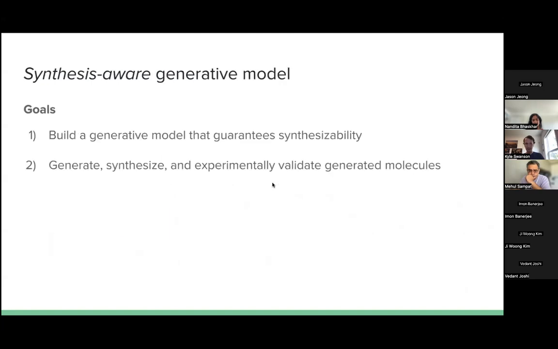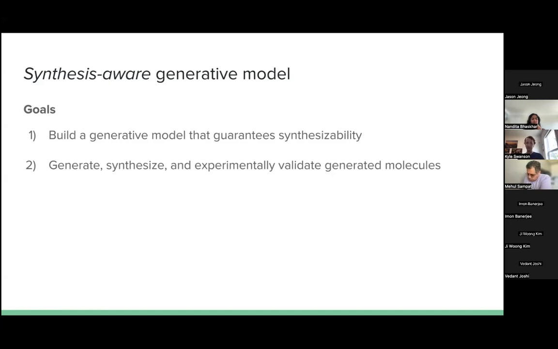molecules. And so that, as I was saying, inspired what we wanted to do, which is to build what you might call synthesis-aware generative models. And so in this task, we have two real goals. So the first thing we want to do is more on the modeling side. So we want to design a generative model for molecules that guarantees that whatever molecules it produces should generally be easy to synthesize. So the first task is the machine learning task of how do you design this particular kind